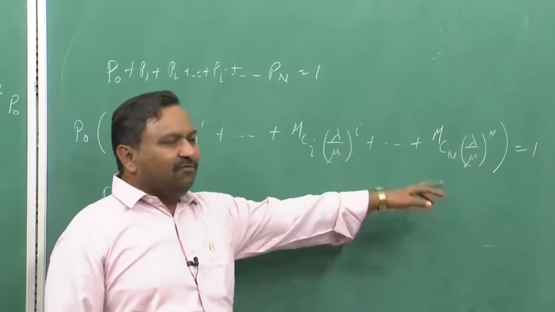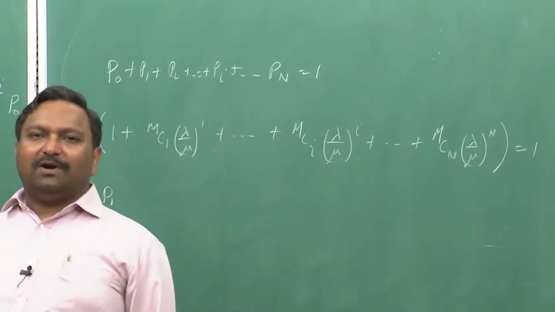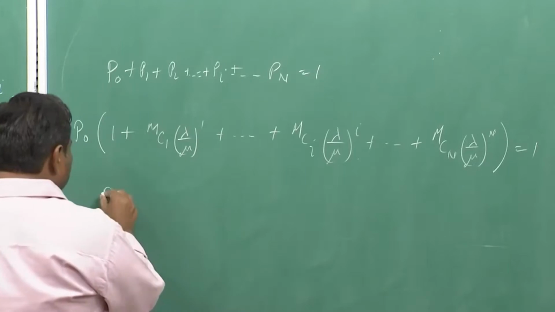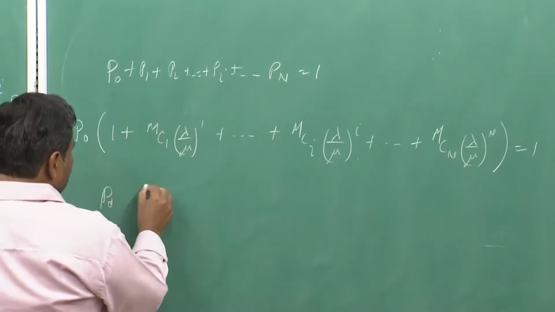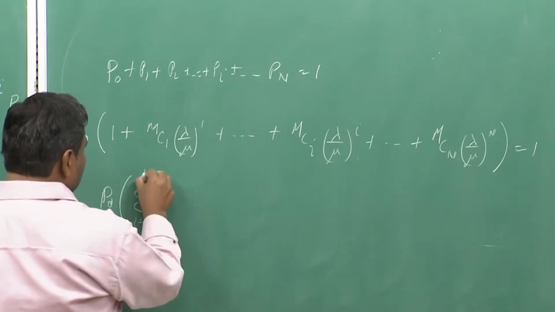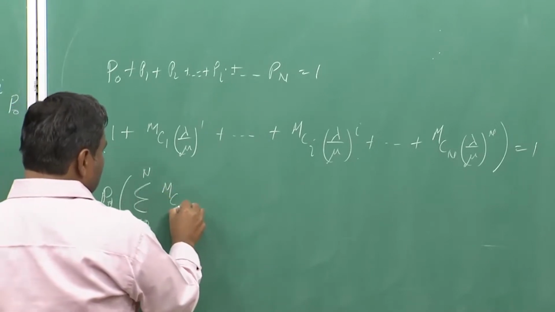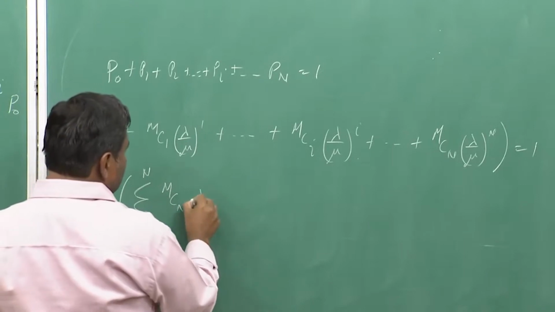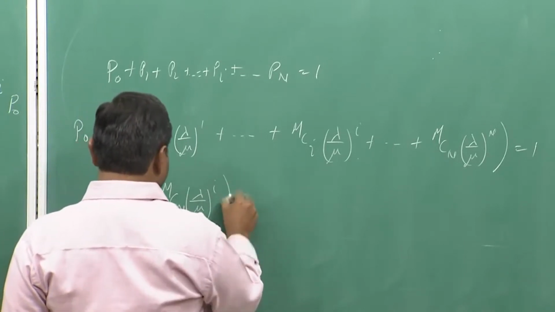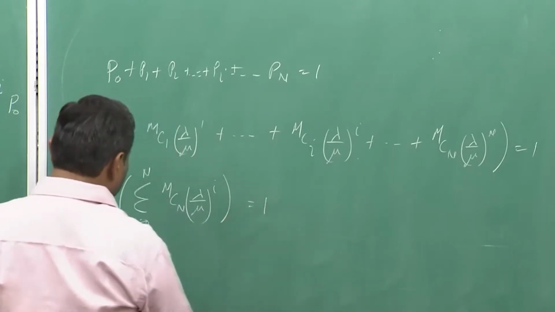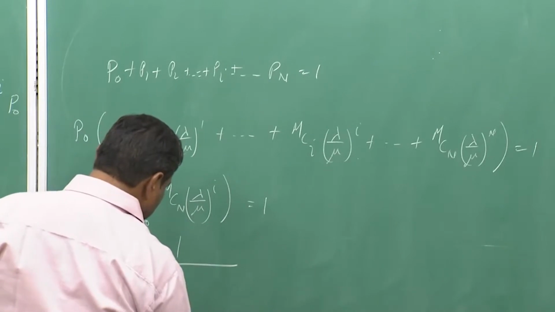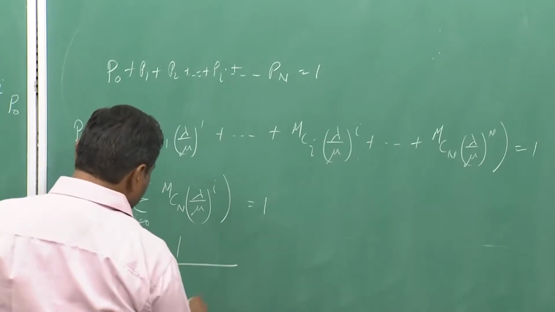If n would have been equal to m, then I could have got a closed form solution. Here I cannot, okay. So, P0 into summation of I going from 0 to n m C n lambda by mu raised power I is equal to 1. So, P0 is 1 divided by summation of I is equal to 0 to n